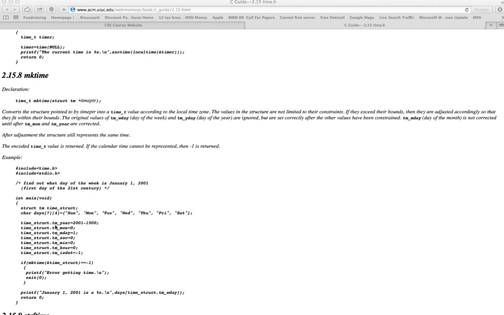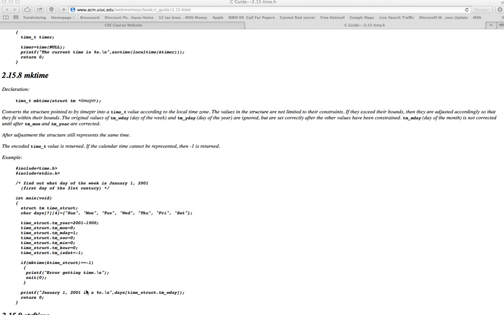So because this year value is a difference of years, or it's a number of years. It's not a physical year. So it's the number of years since 1900. So if I wanted to create a timestamp of something in 2001, as the commenter says we're trying to do, then 2001 minus 1900 would be the appropriate value for that. And then I could set the month and the day. So this would be January 1st, and then hours, minutes, and seconds of 000, so midnight, and then not during daylight savings time. Set all that in a structure, and then call mktime,